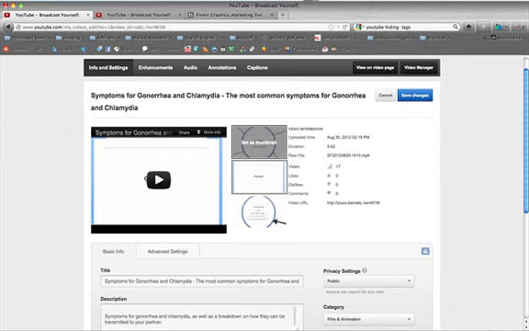Now, when it comes to YouTube, YouTube's trying to become more and more of a social network. So subscribes matter, likes matter. You want to build a good solid channel, but the best way to think of your YouTube channel is kind of like your main domain, and then every video that you add onto that main domain is kind of like a page that you would put on your website. So you want your YouTube channel name to be related, or to be kind of your main keyword, and then all of the videos that you post can be sub keywords to that main category.